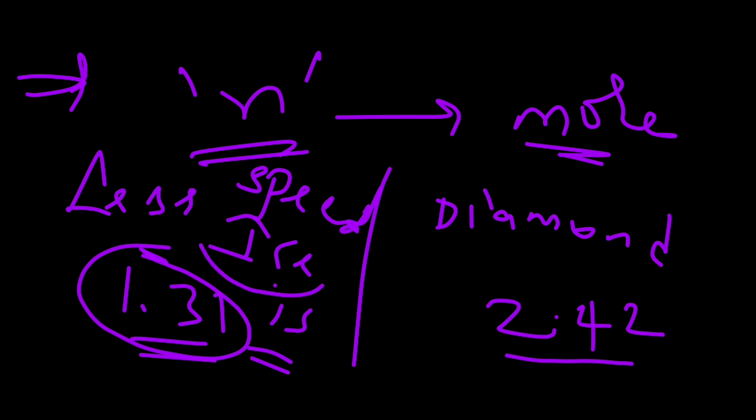In diamond, the speed of light is much lesser and the speed of light in ice is much faster. That's because the refractive index value of ice is 1.31, which is lesser compared to the 2.42 value. So ice is less dense compared to the